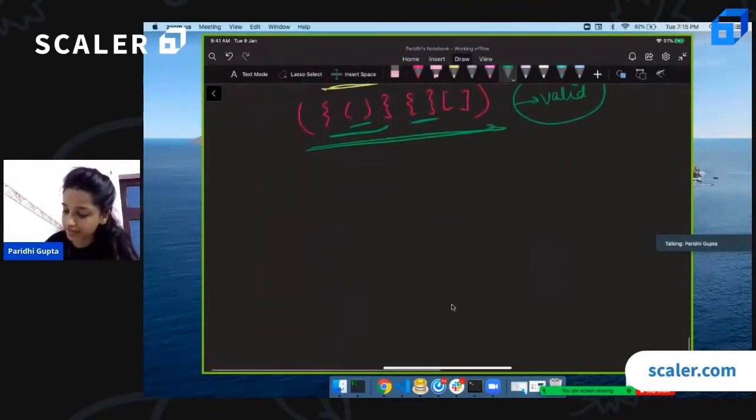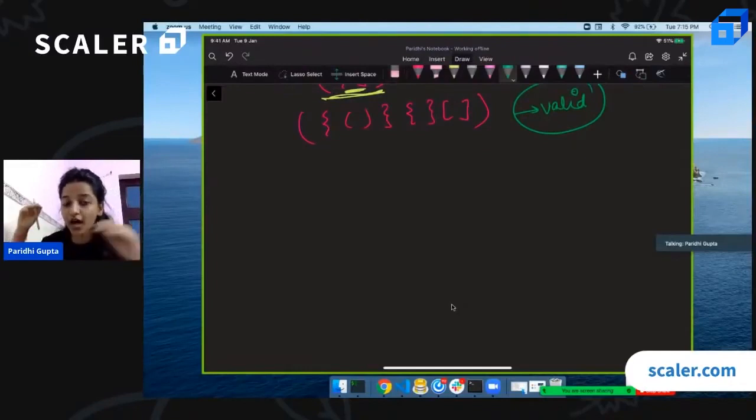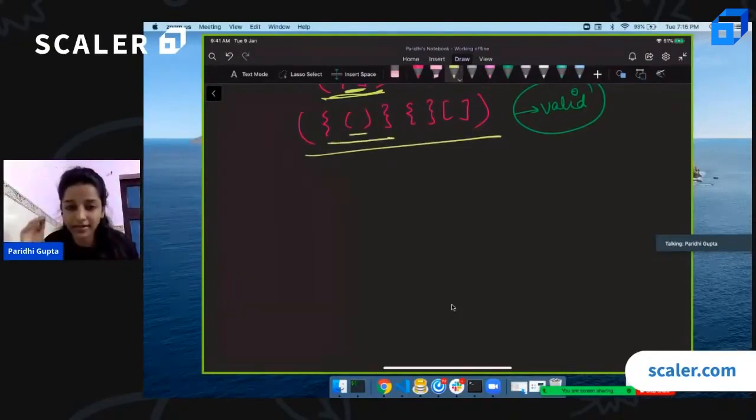If I talk about this string, it's a property of valid parentheses that if the complete parentheses are balanced, then their sub-parentheses will also be balanced. As you can see, this is balanced, this is also balanced, this is also balanced. We are not considering all the substrings, right?